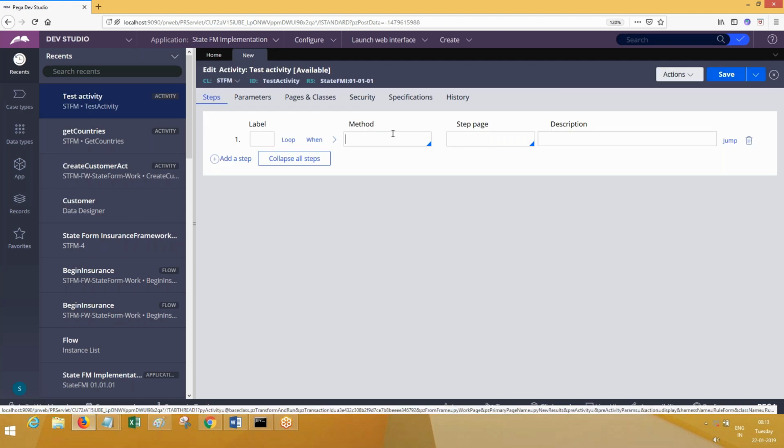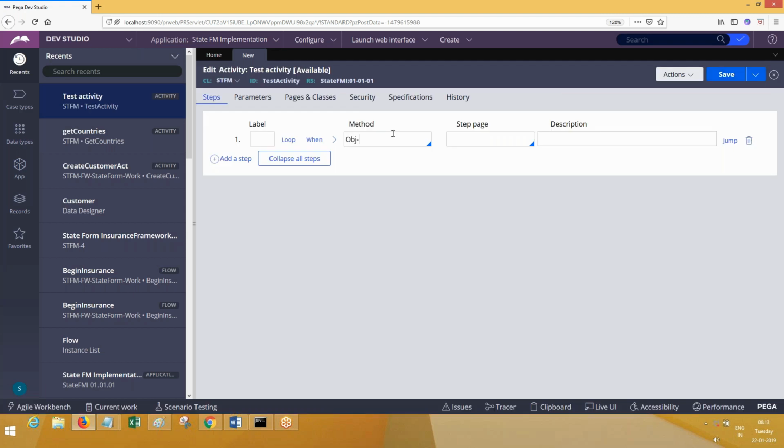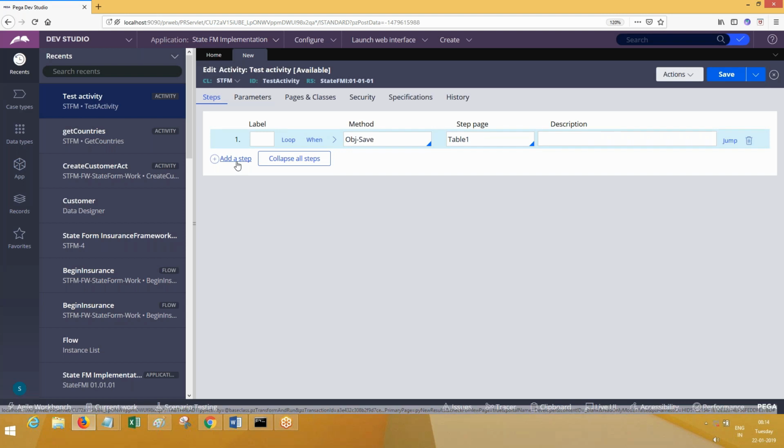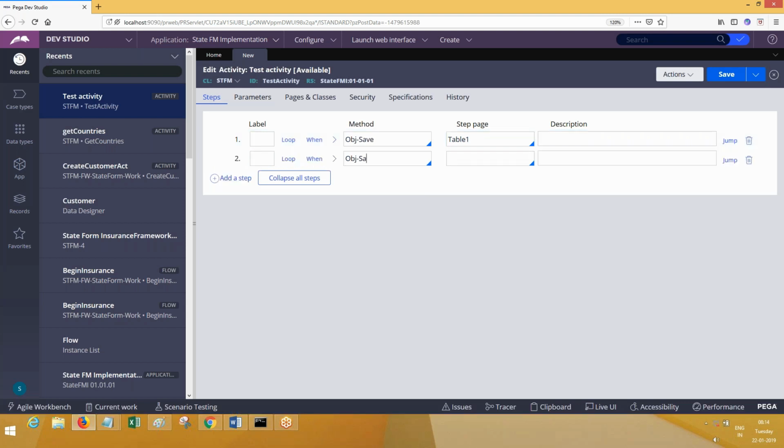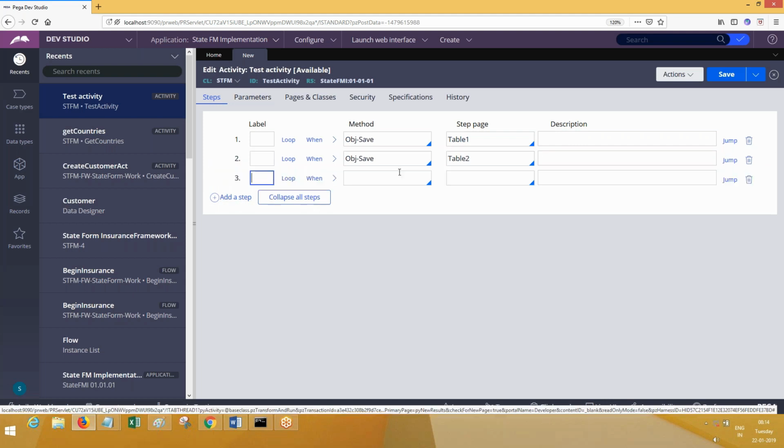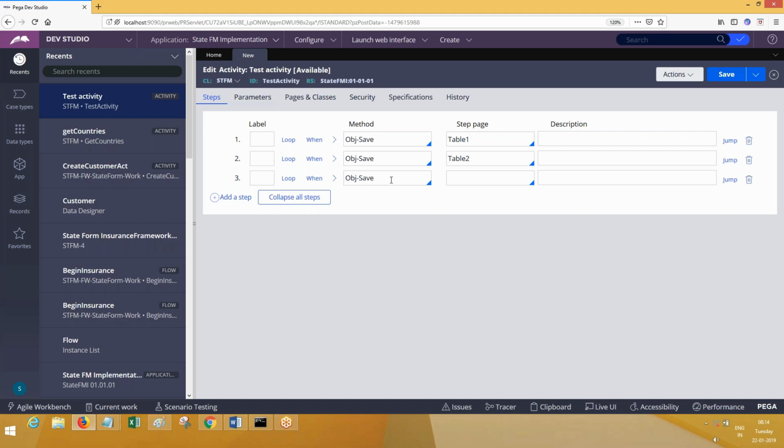Suppose just imagine we have obj save table 1, means it is storing into table 1, and again I have obj save table 2, obj save table 3. Like this we are storing the data into multiple tables. When this activity is being executed, it is going to store the data into table 1, table 2, table 3.